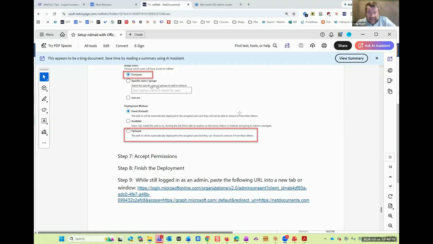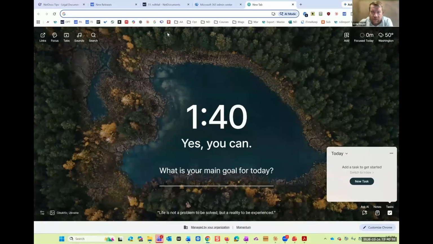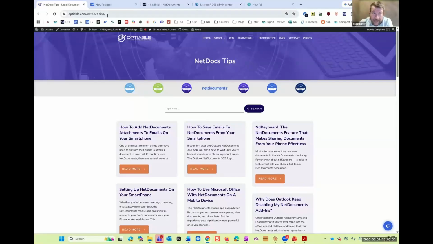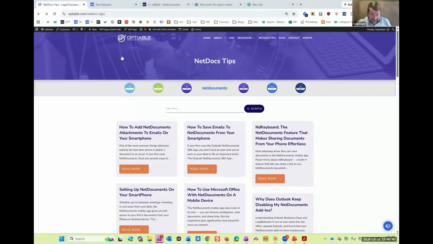The mobile device guide, I mean, I could, but it's not ready yet. It should get emailed out to everyone with a copy of this video. It's completely out of date. Honestly, I even wonder if the mobile device guide is really that useful. If you just go to NetDocs tips here, the mobile device guide is really a combination